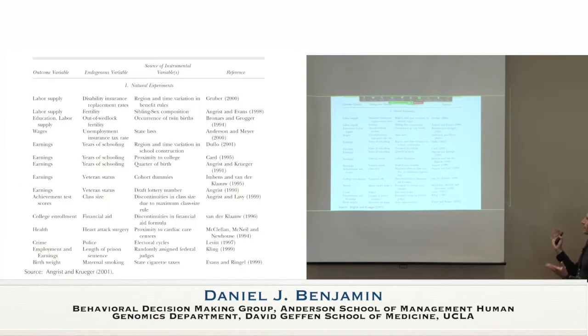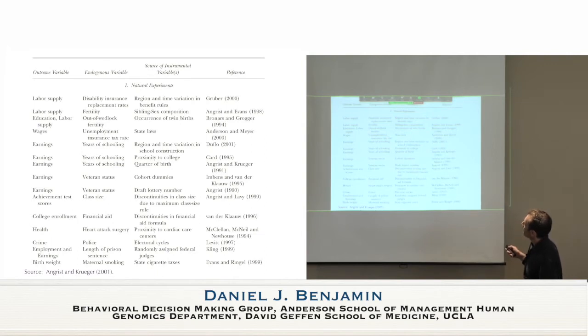There have been, as I mentioned, lots of applications in the economics literature. This is a review from 2001, which was maybe the high point of use of instrumental variables in economics, looking back on lots of papers in the 1990s. A lot of the work is extremely clever, and a lot of the art of doing this kind of empirical work was coming up with the good instrument. So for example,